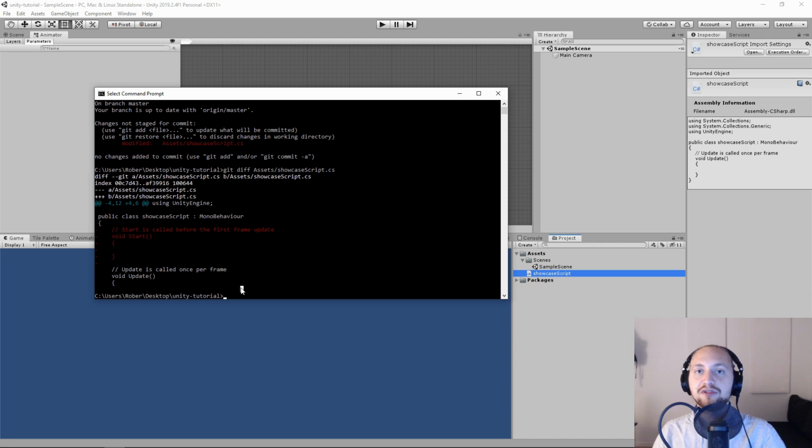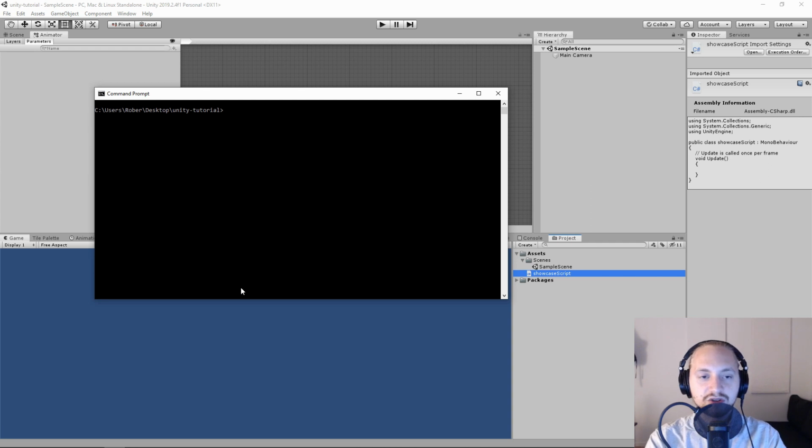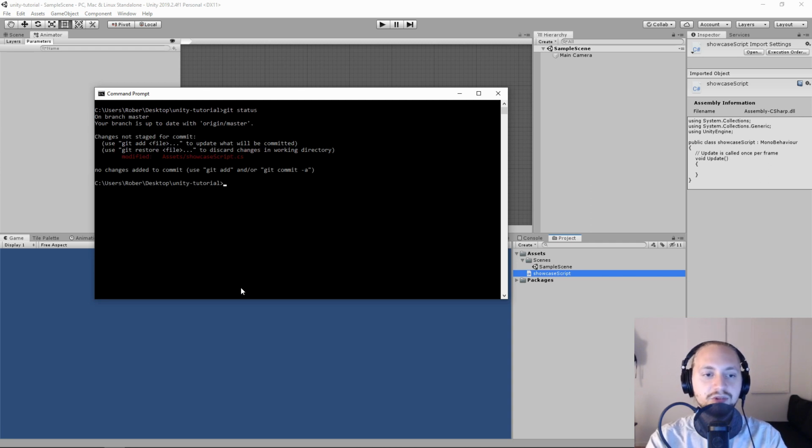If we have two files and we want to see them simultaneously, we can just write git diff, and that will show all of the differences that we have in all of the files. So what are we going to do now? So if we write git status again, we can see that it's red. We actually want to add that. So we can either write git add with that specific file or git add all,